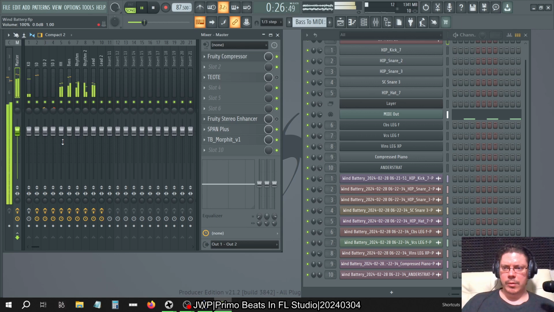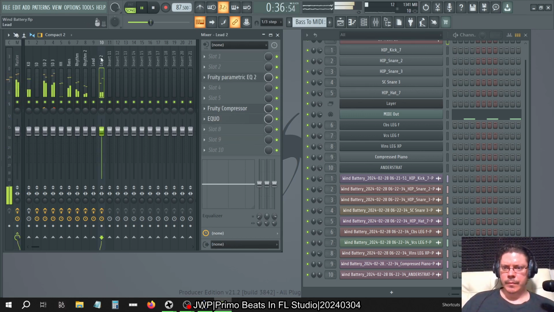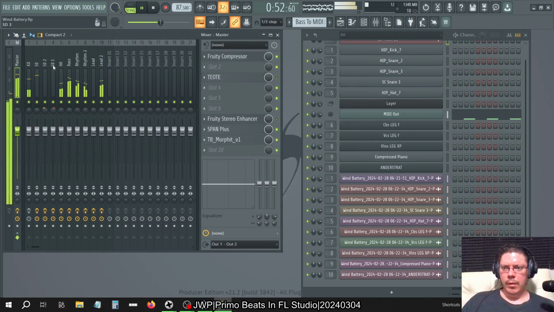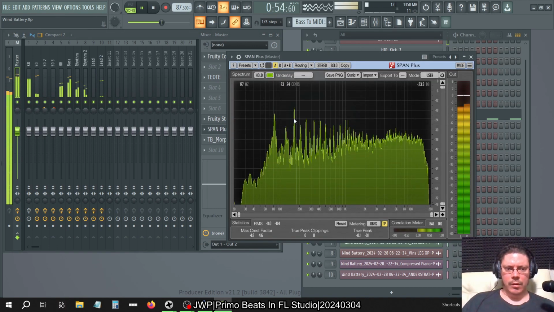How's my overall? Still under 0, which is good. Just want to approach 0. Ozone will figure it out. Ooh, getting close. How does this feel? Feels like it's floating. It's not too overbearing. With the piano together, maybe a little overbearing. How does it look? Leads are supposed to stand out, so